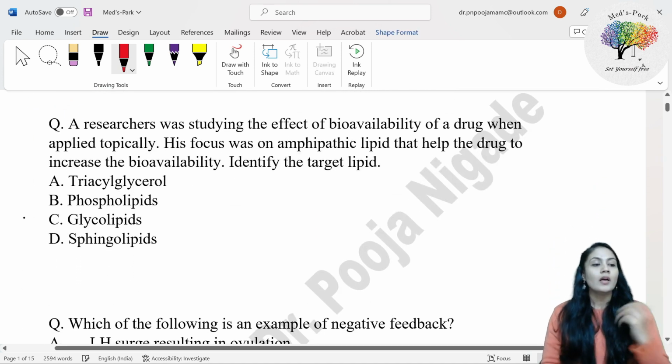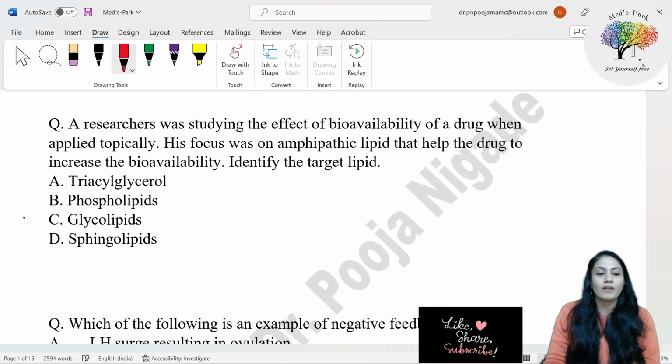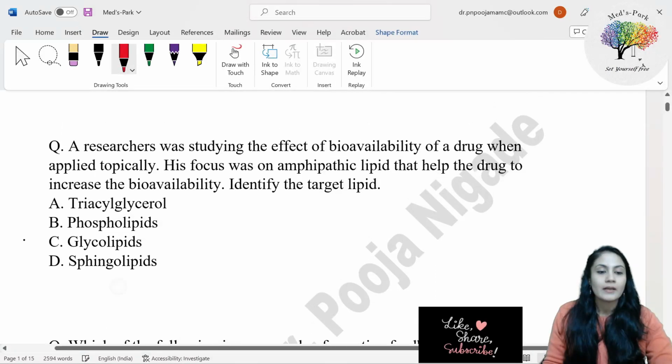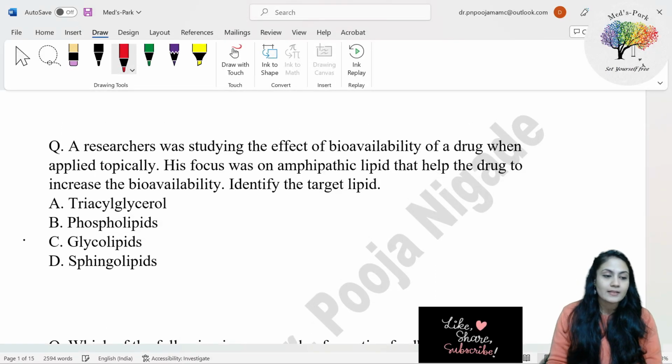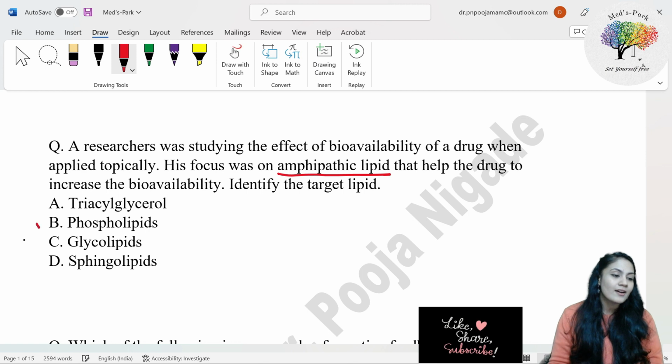Okay, let's move on to the next concept. A researcher was studying the effect of bioavailability of the drug when applied topically. His focus was on an amphipathic lipid that helps the drug to increase the bioavailability. Amphipathic lipid. Identify the target lipid. Just now we talked about amphipathic, that means the lipid which has both the properties, hydrophilic as well as hydrophobic, right? So we know the answer over here,